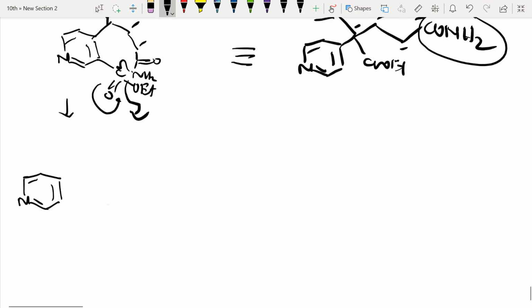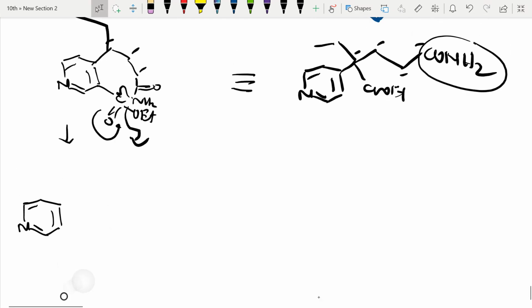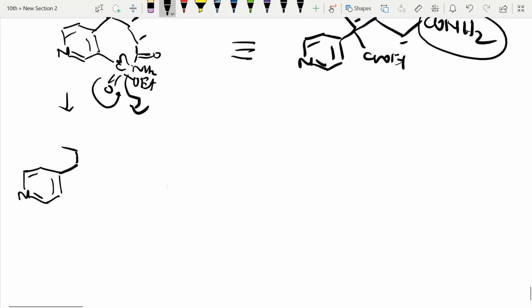See, other things I will keep as they are. Here an ethyl group is there. I'll keep the ethyl as it is. So I'll form 1, 2, 3, 4, 5 CO. Right, CONH carbon. I hope you are getting it. Just cyclization occurs here. Simple reaction. Cyclization occurs, and I will get the starting molecule which we started with.